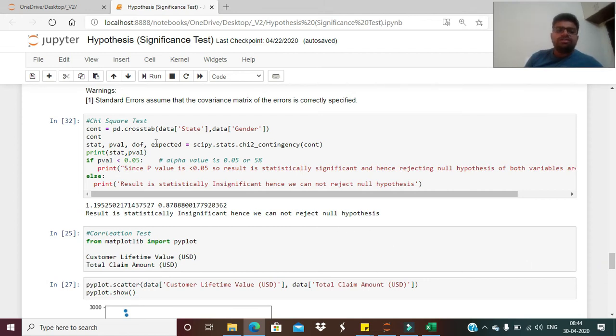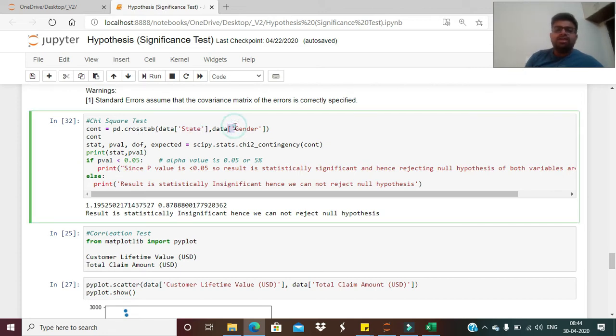So you can see, first of all, we can have the cross tab analysis between the two categorical variables, and then we will be doing the analysis with SciPy stats chi2 contingency. Then we analyze the p-value and conclude whether these two variables are independent or not. Like, across the state, are the male and female populations independent of each other or not? This is what we are interested in analyzing further.